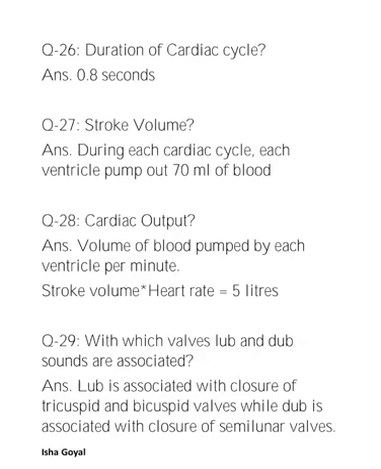As we know, the heart beats 72 times per minute, so many cardiac cycles are performed per minute. The duration of each cardiac cycle is 0.8 seconds. Next, stroke volume. During each cardiac cycle, each ventricle pumps out approximately 70 ml of blood, and we can calculate the cardiac output: stroke volume times heart rate, which is approximately 5000 ml or 5 liters.